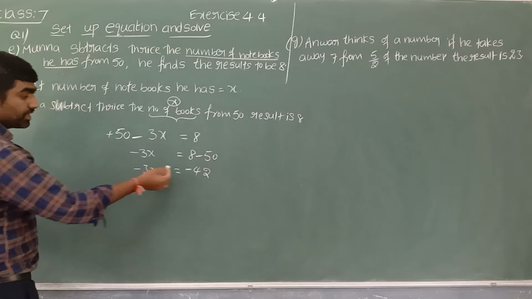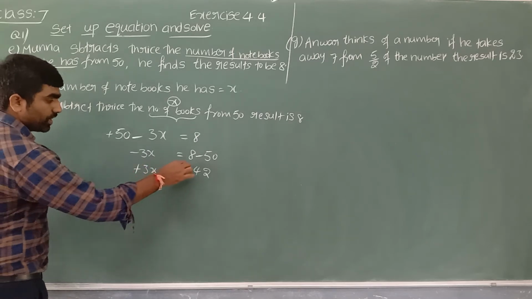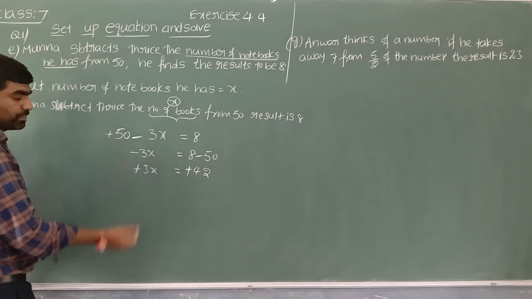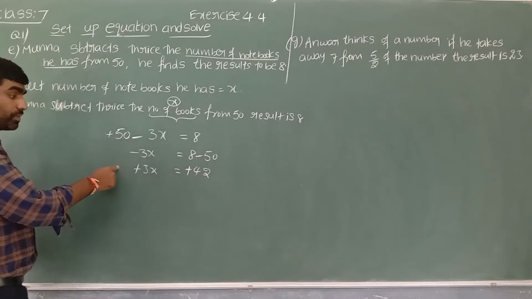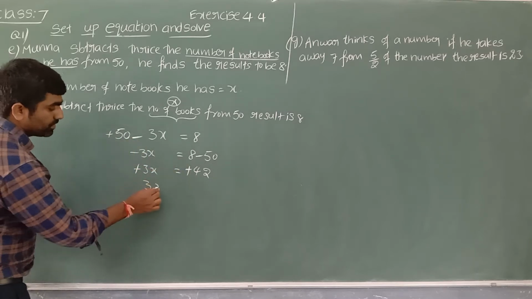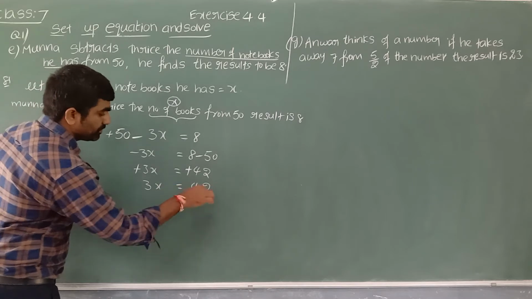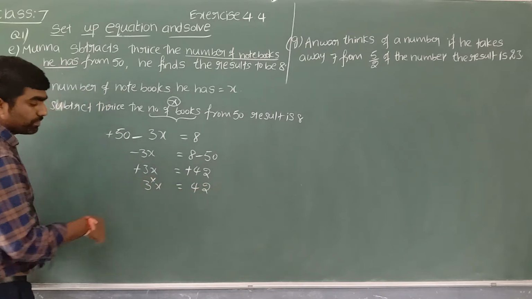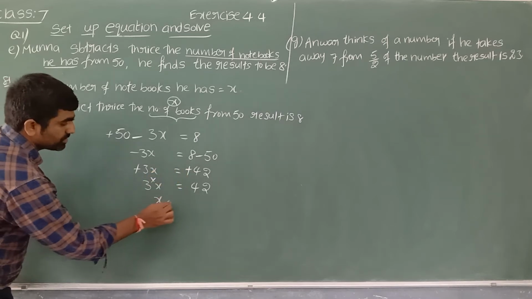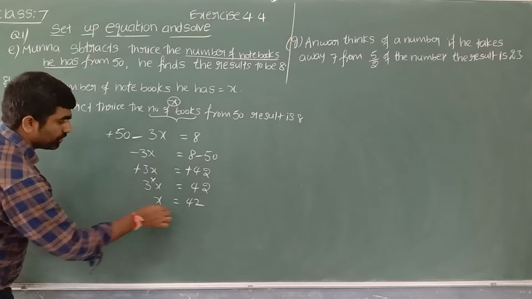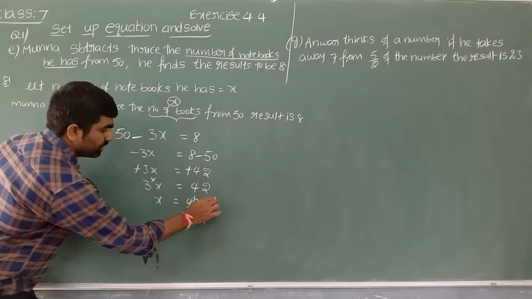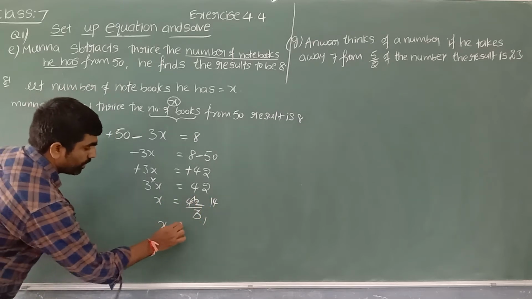So when LHS and RHS both have minus, we get cancellation. Or we can multiply by minus both sides: minus into minus is plus. Now we got 3x is equal to how much? 42. Between constant and variable there is no symbol, so it is multiplication. Now we transpose the 3 to that side: x is equal to 42 by 3. So into 3 transposes to division by 3. 3 ones are 3, 1 left, 3 4s are 12. x is equal to 14.